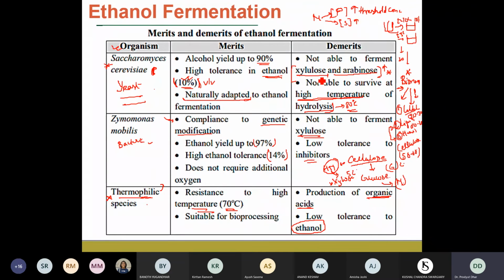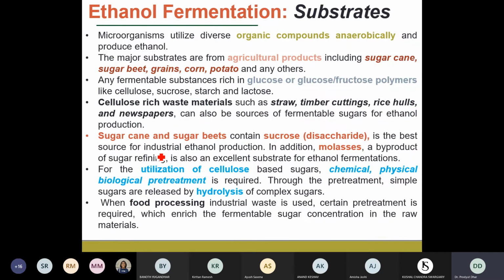Generally, we would like to overcome the demerits, so that the productivity, yield, and quality of the ethanol produced are at the higher end, and the quality can be maintained for a longer duration during the fermentation process. Because, as I told you, this is one of the major challenges for why ethanol has been so late in coming up as a fuel.